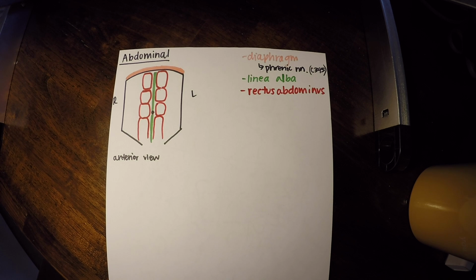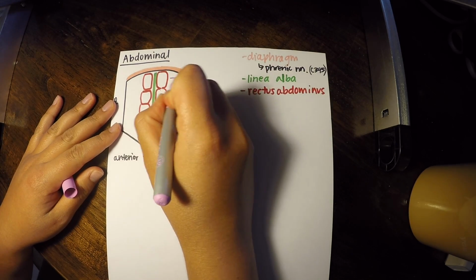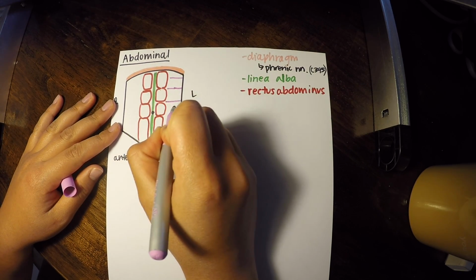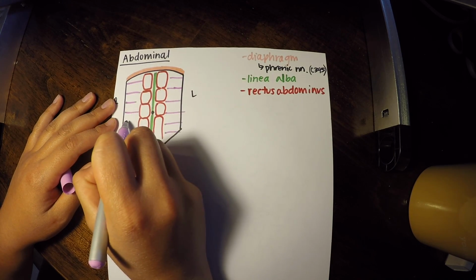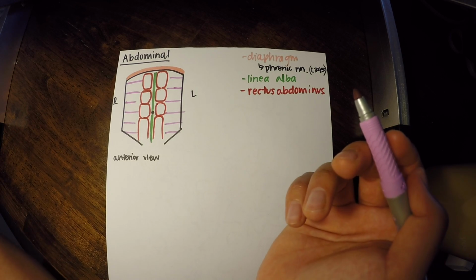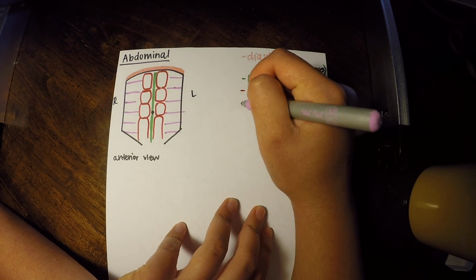Now our next muscle is our transversus abdominis, and actually for these next 3 muscles, they are all overlapping one on top of the other. So I'm going to start with the deepest muscle and work our way out. So the deepest muscle, I'm just going to use lines to represent it here. It's called our transversus abdominis, and it covers basically all of our belly here, but I'm just drawing lines to let you see where this muscle lies. And this is our deepest one.